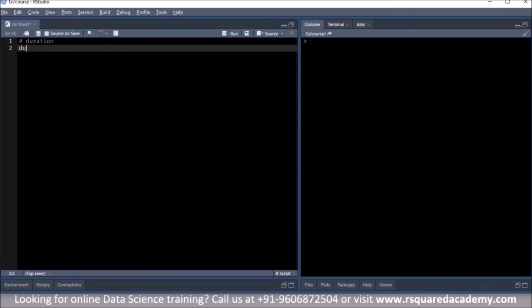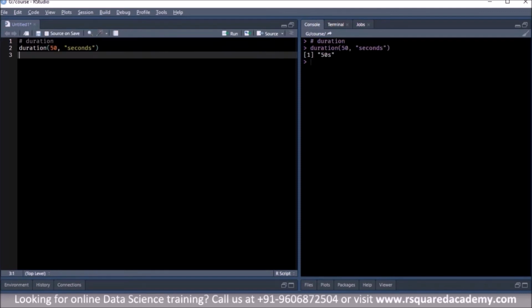Now in the first example, we create a duration object where the time span is in seconds. So first I specify the number of seconds and then we say unit is seconds, right? So it shows 50 years.